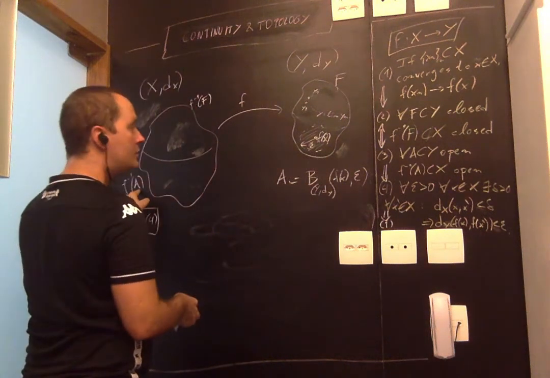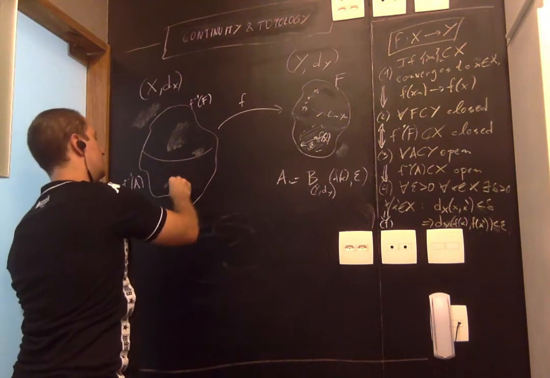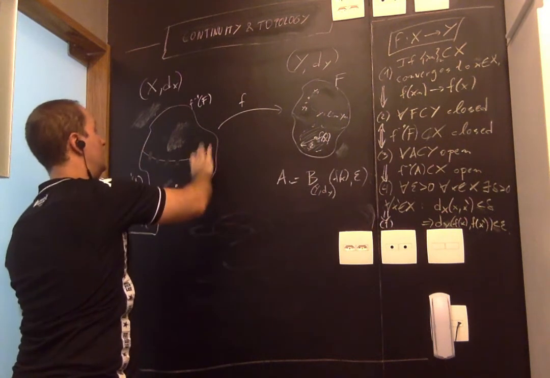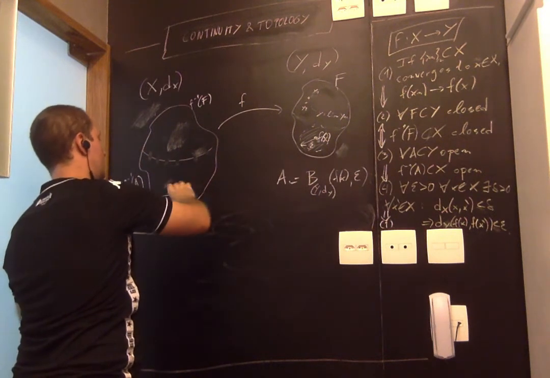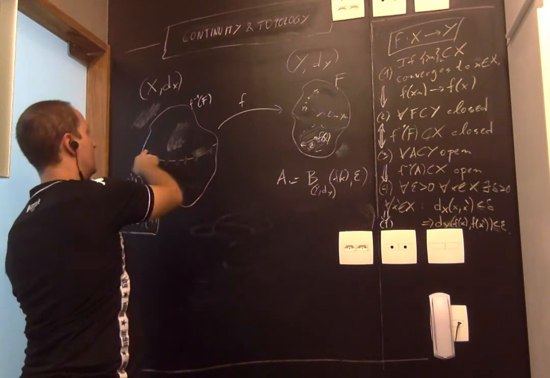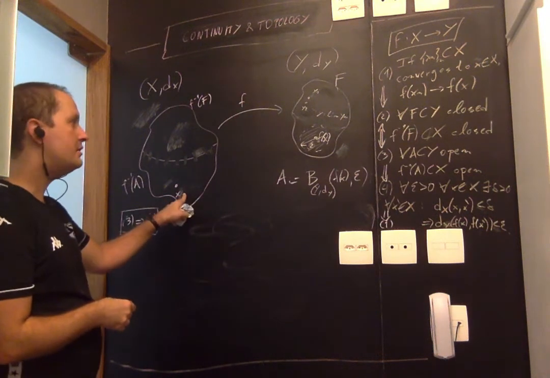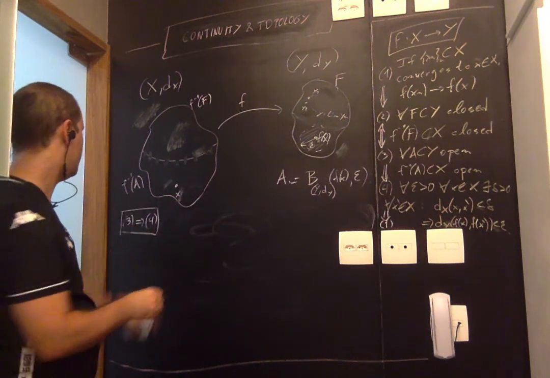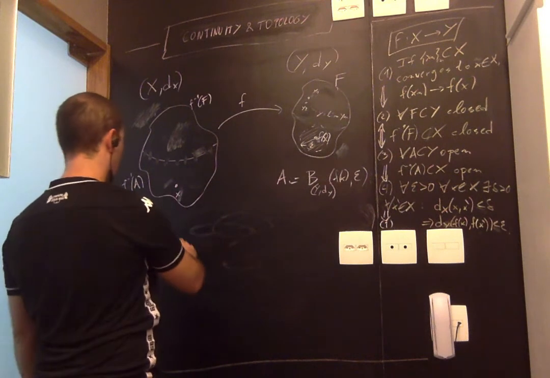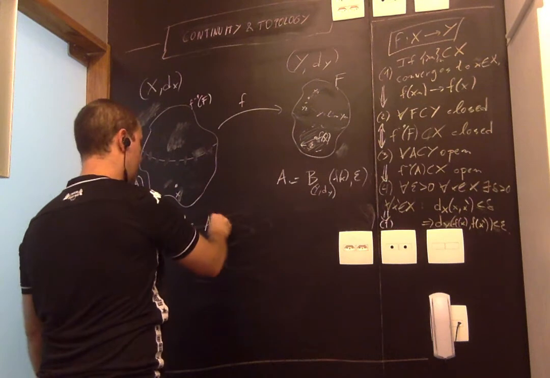So in the pre-image, right? f of x belongs to A, so x belongs to f minus 1 of A. And let me draw that with this dashed line to say that this is an open set. So x is in here. It's in f minus 1 of A. So we're taking A like that.